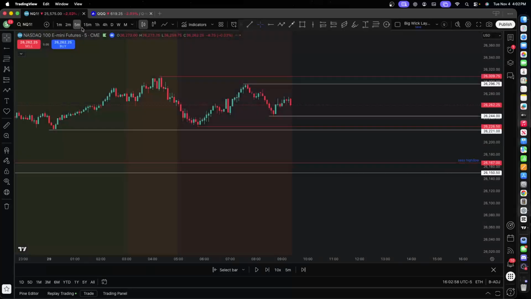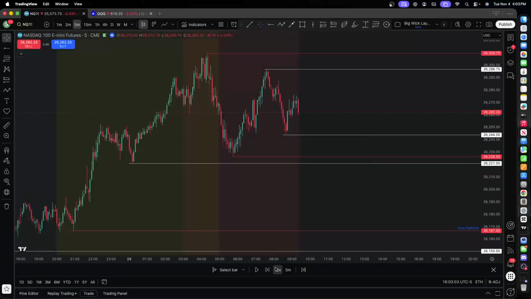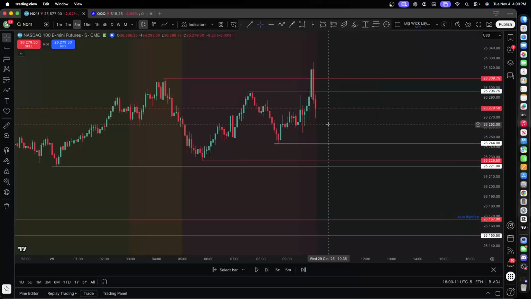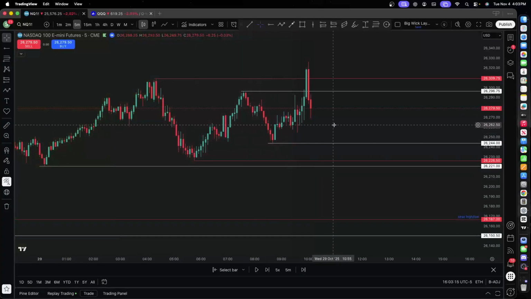So with that said, let's put it on the 5-minute and let's get to work. It's probably going to move pretty quick, so let's do 5 candles per second and pray I time it right. Okay, bingo. I did that decently fast. So right here, it is now, let's turn the indicator off,